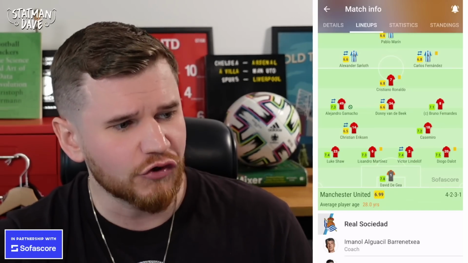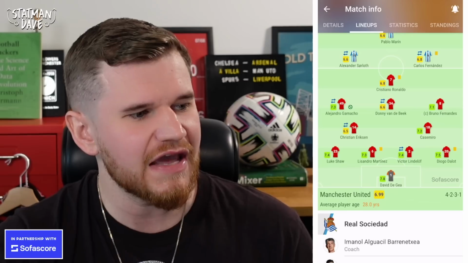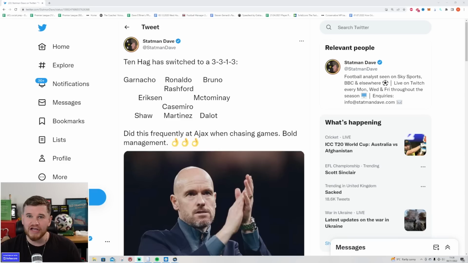So of course Manchester United played recently in the Europa League. They were chasing the game, they needed to score a goal to get through as first and not having to play the round of two in the Europa League. Manchester United were 1-0 up at half time. Then Erik Ten Hag saw an opportunity to try and grab that second goal in first place and switched to